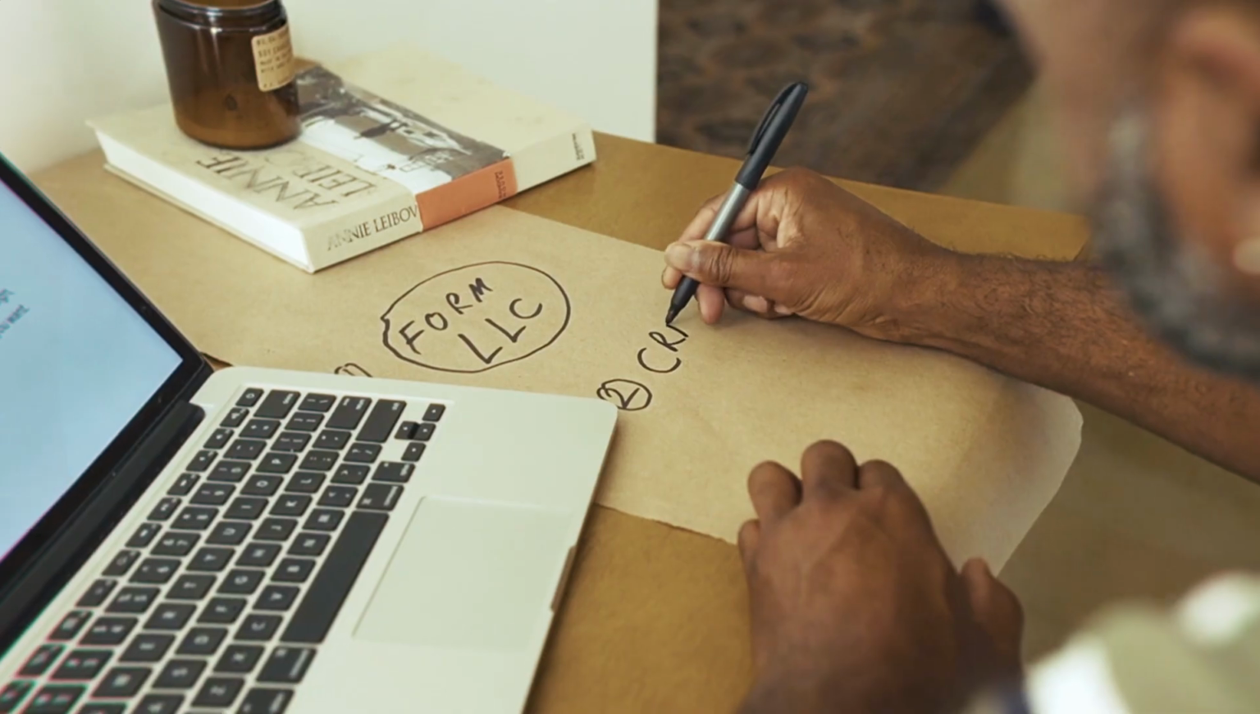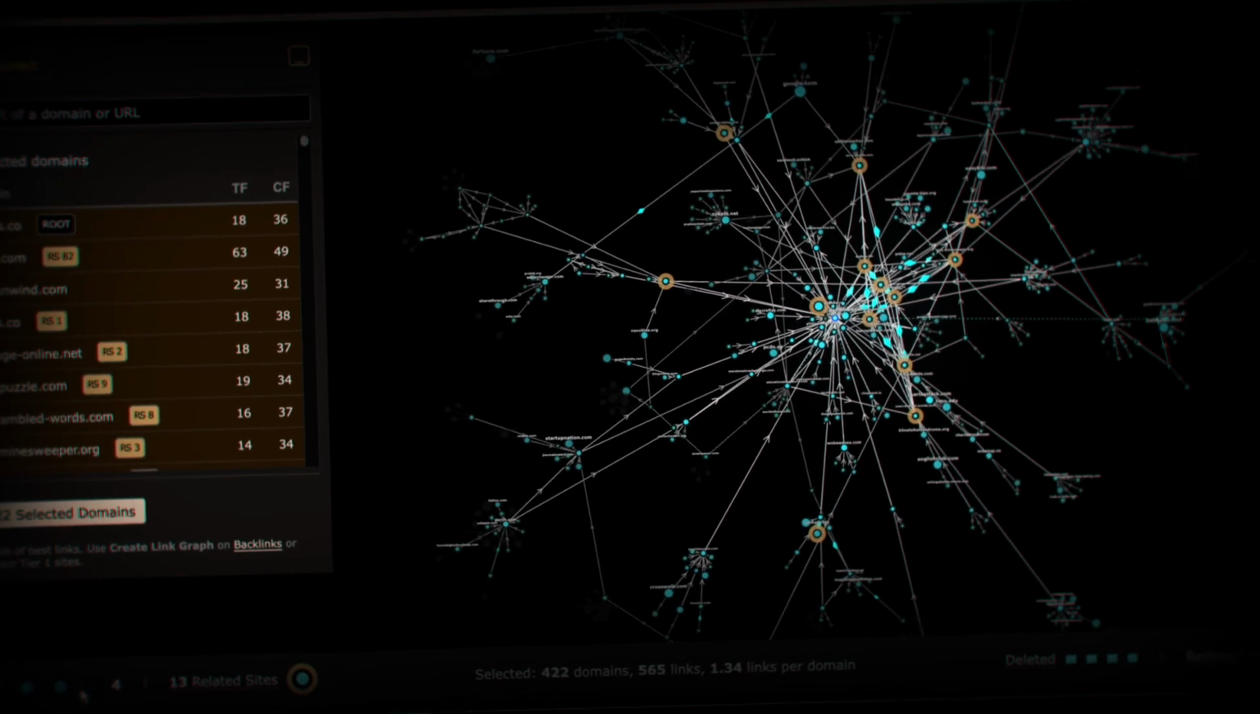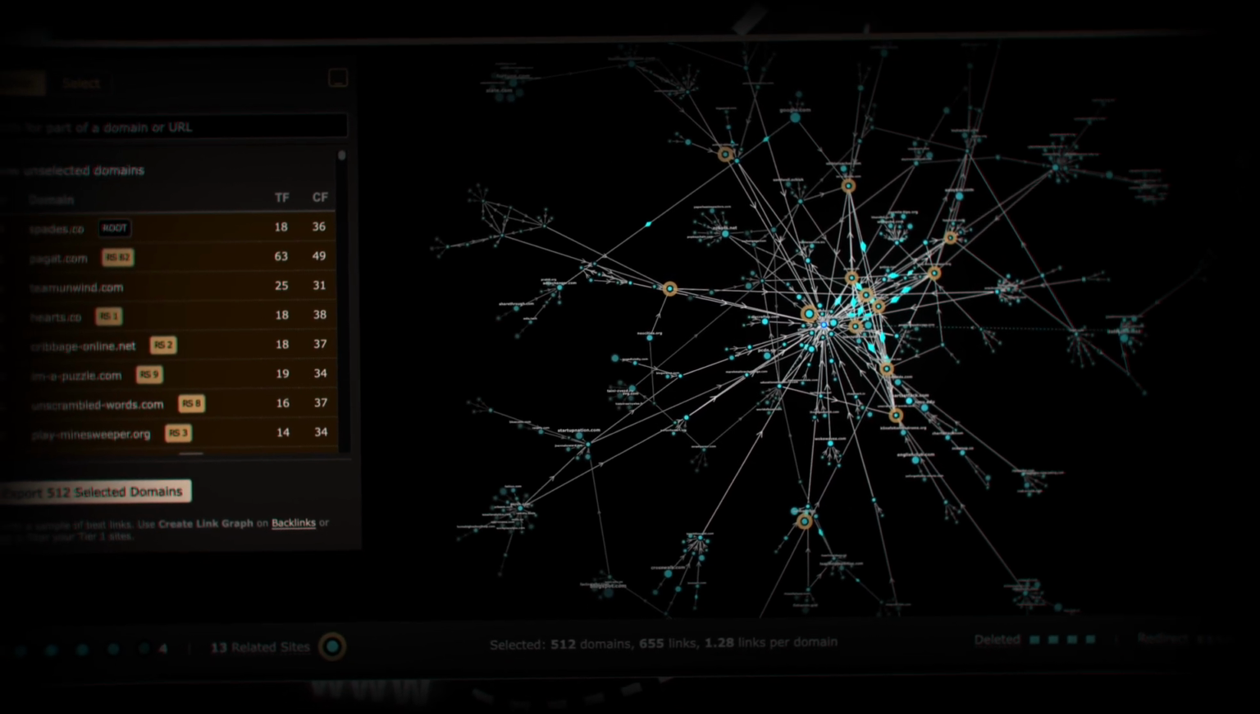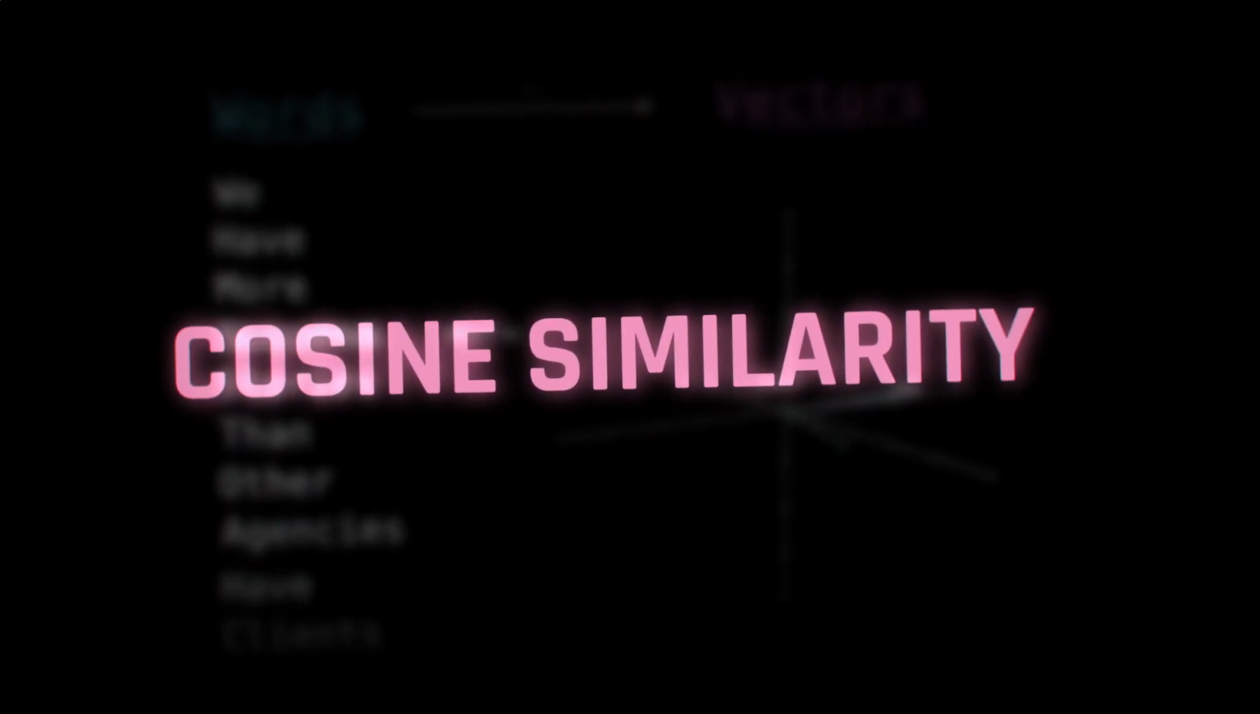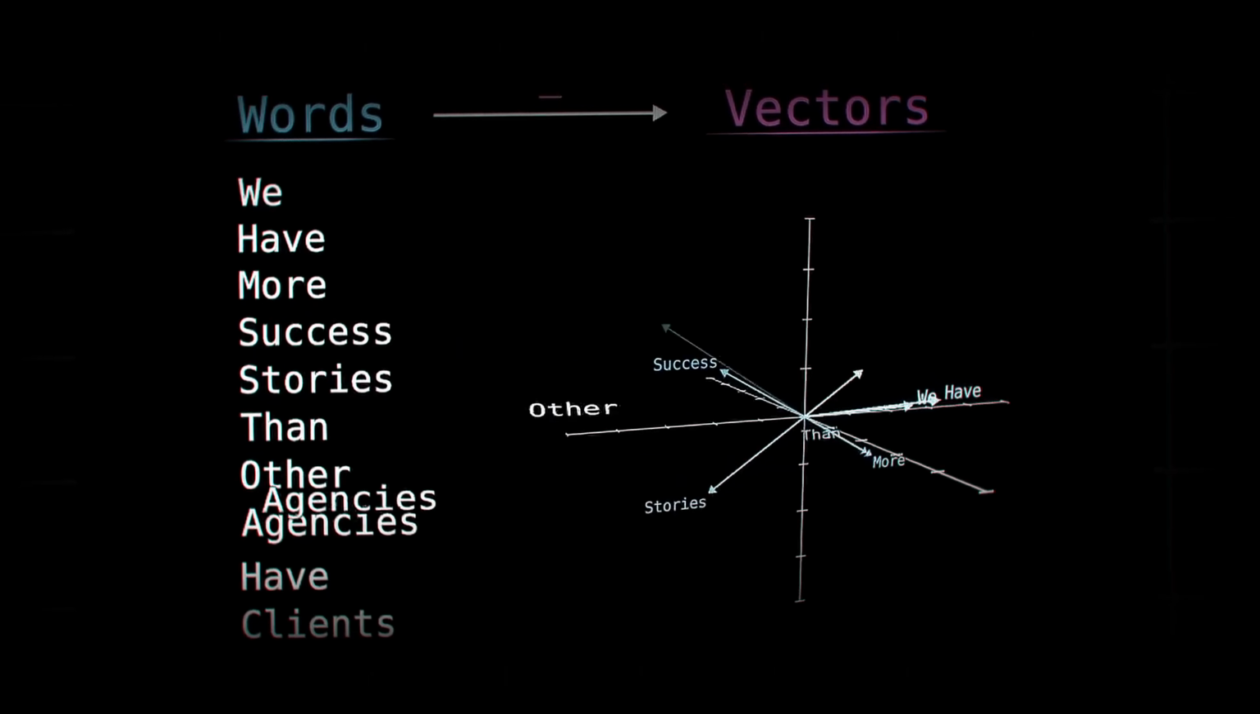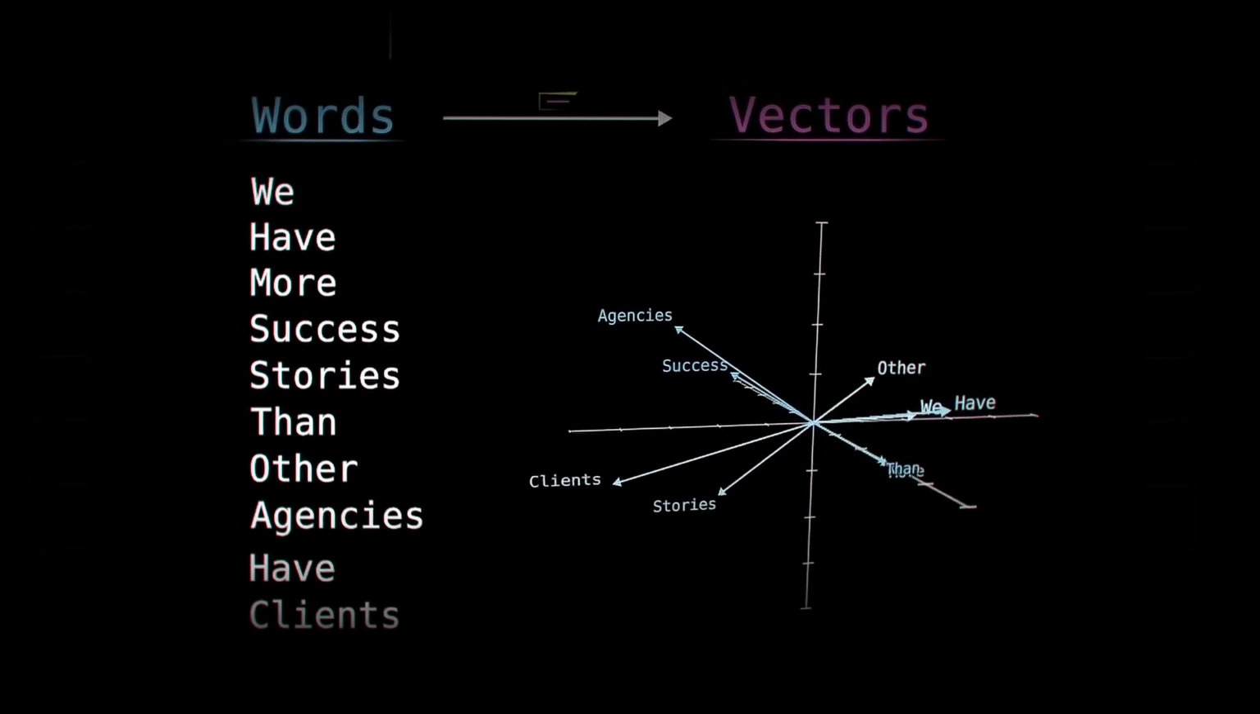It breaks down how Google actually measures the meaning between pages and why a semantically aligned backlink is worth 10 times more than a random one. I'm going to show you one of the easiest and definitely the coolest way to scale backlink analysis using cosine similarity. Cosine similarity is a mathematical way to measure how similar two pieces of text are based on meaning,